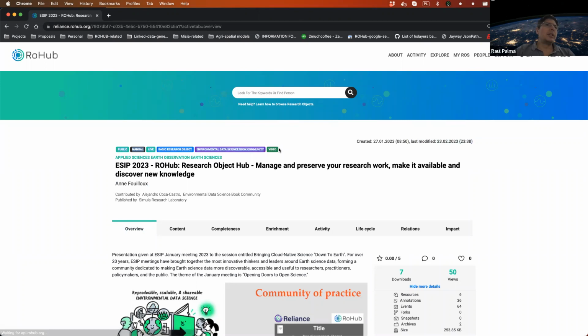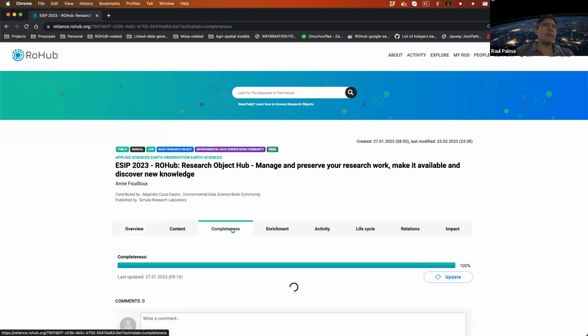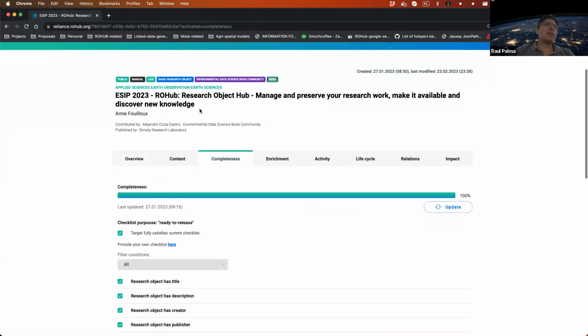the top here. These tags on the top tell you, first of all, that this is a public research object, that it was manually created, that this is a live research object, this is a basic research object, this is related to the environmental data science book community, and the main resource is a video for this research object. So all of this information, you can have it on the tags. So based on the type of research object, which is this one,